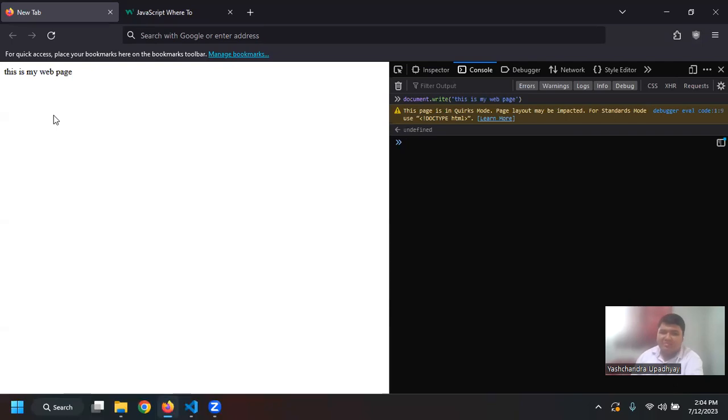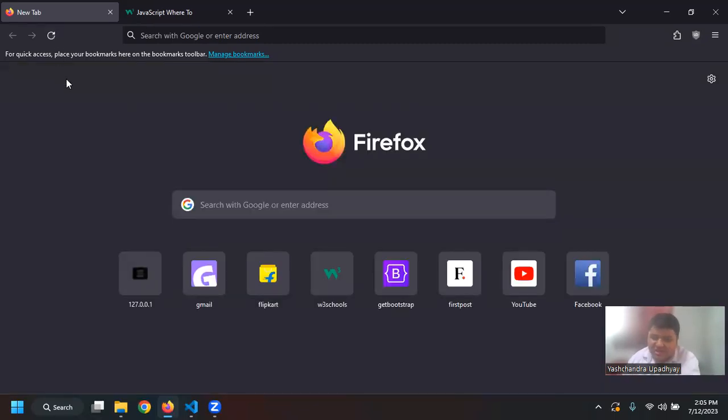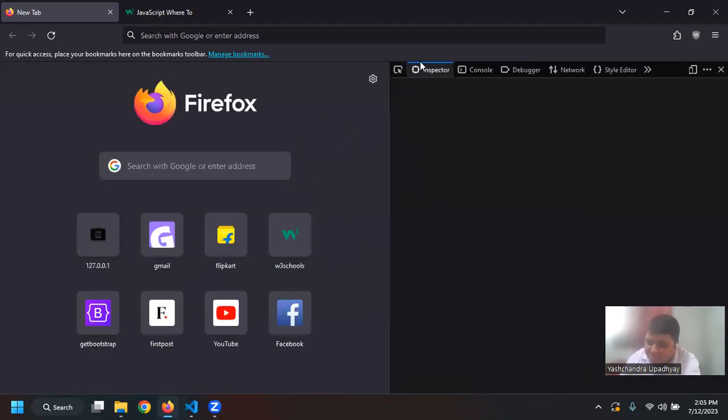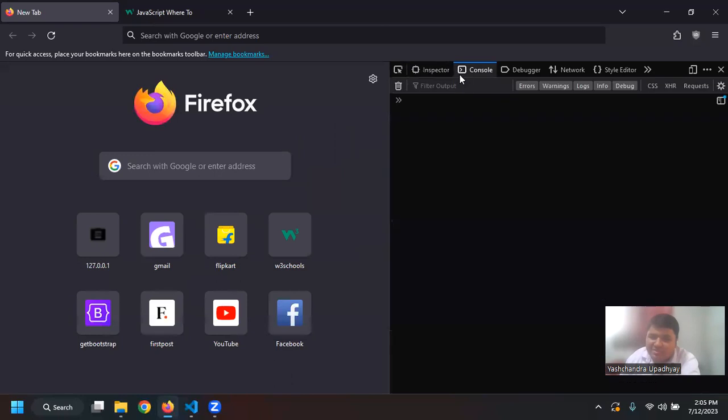What we can do is manipulate how our websites work, how the CSS and the HTML will work, using JavaScript, right? And if I just refresh it, things will come back to normal, because I have used something called developer tools that I believe I told you about yesterday, if you can remember. Yesterday we only saw the inspect tab of the developer tool, but today we will be basically working with